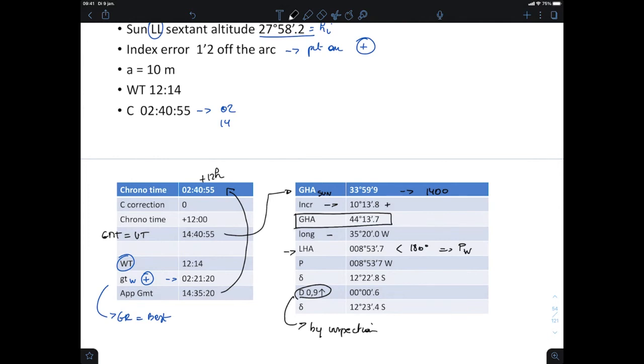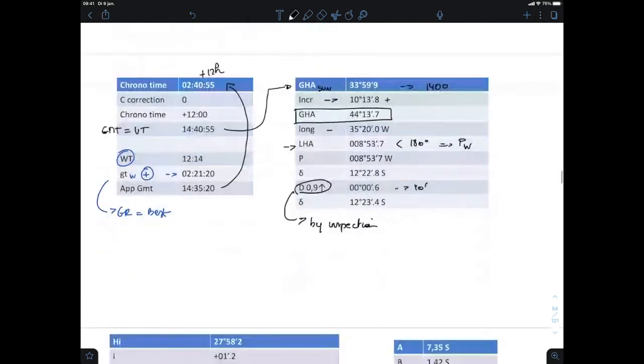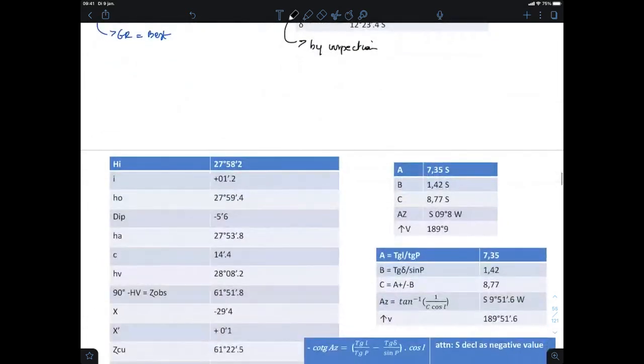So voila, 0.9 for 60 minutes corresponds with 0.6 for 40 minutes. And so we have to add this 0.6. This gives us then a total declination of 12 degrees 23.4. And so now we have our LHA, we have our polar angle. Another thing that we need is, voila, our